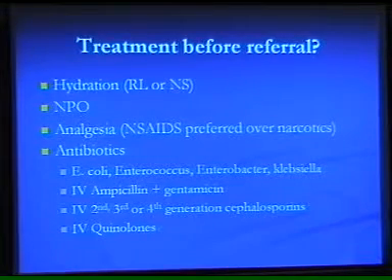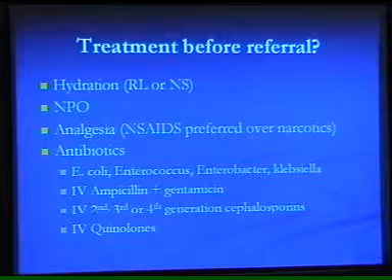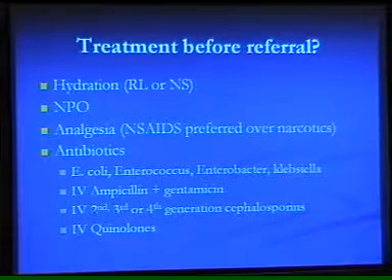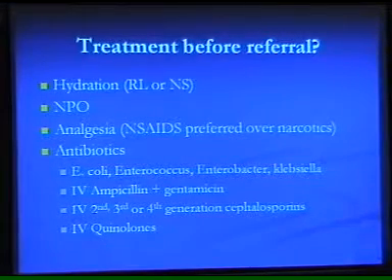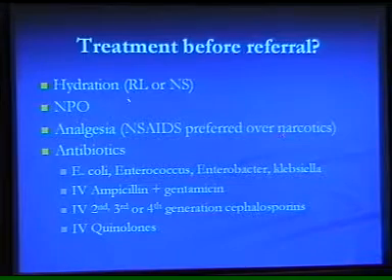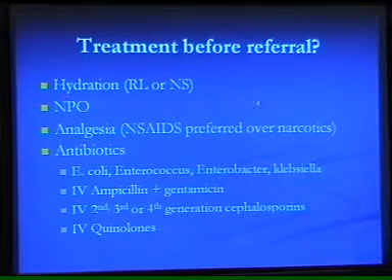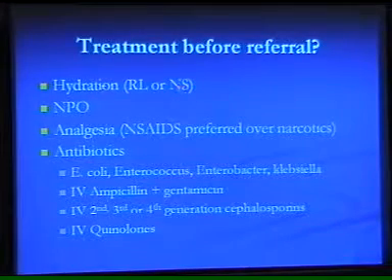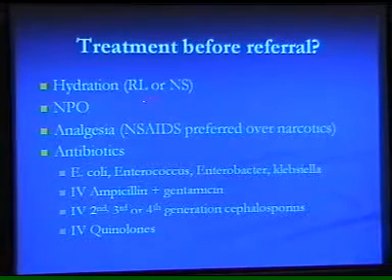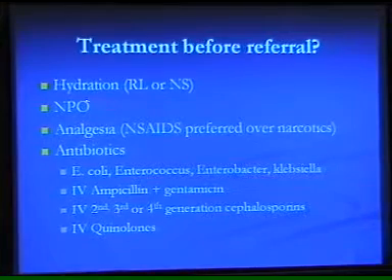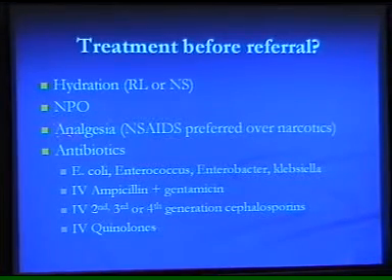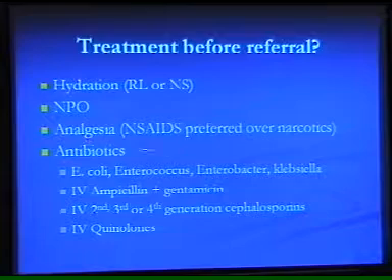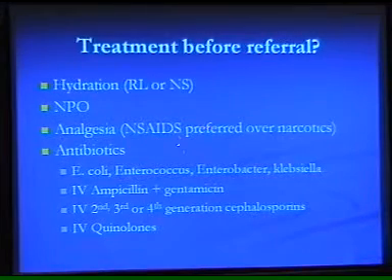Okay, what's the treatment? Usually acute cholecystitis needs hospital admission, but if you see the patient in the clinic, what are you going to do? The first thing is hydration. If the patient has been vomiting or intake is poor, you can stabilize the patient by giving Ringer's lactate or normal saline. Make the patient NPO, make sure the patient has received good analgesia, and the NSAIDs are preferred